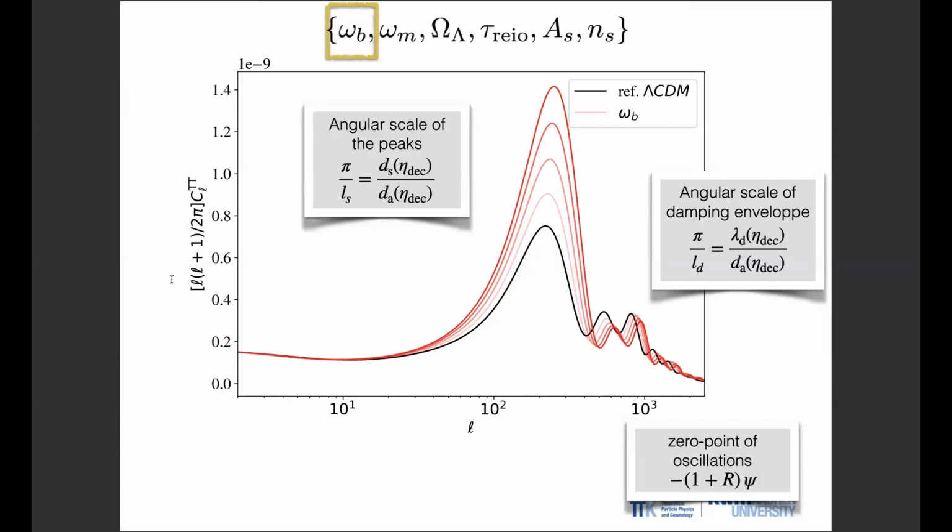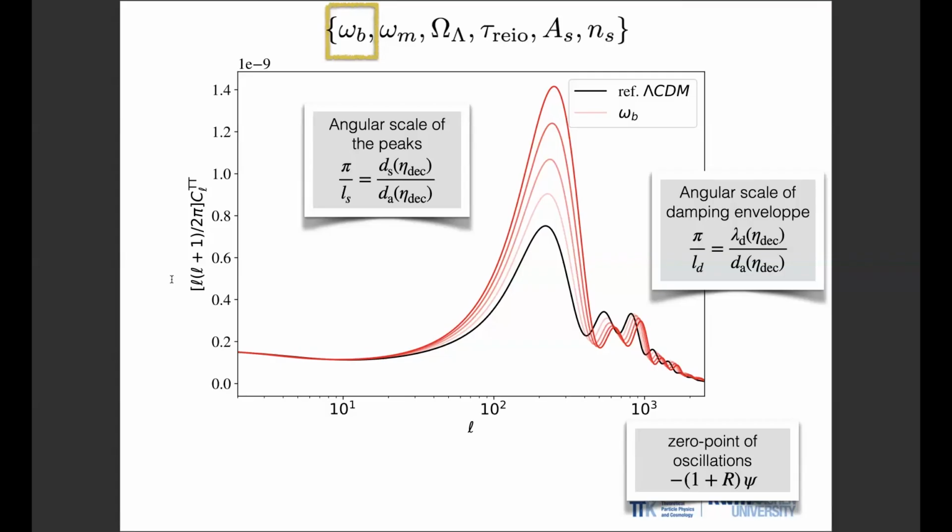To summarize, the scale of the peak corresponds to a multipole that subtends an angle theta equal to pi over l_s. And this angle theta should be the angle under which I see the sound horizon on the last scattering surface. The sound horizon on the last scattering surface is d_s at the time of decoupling, and I see